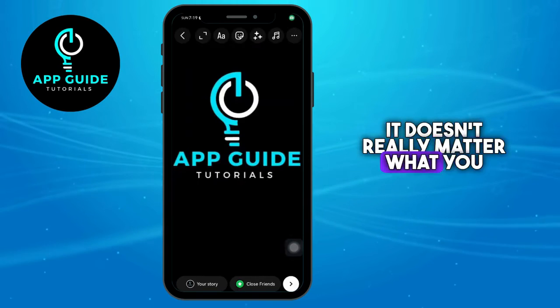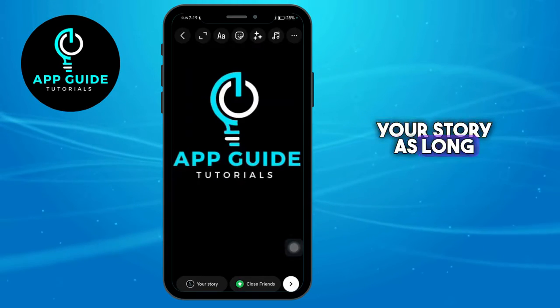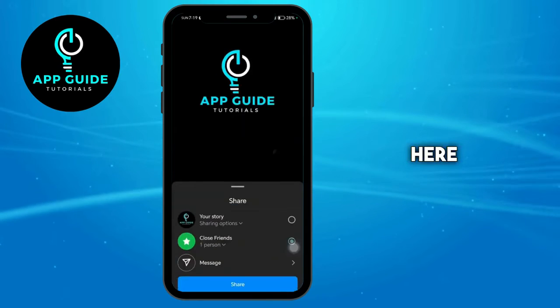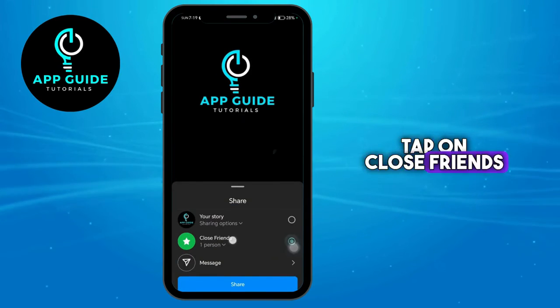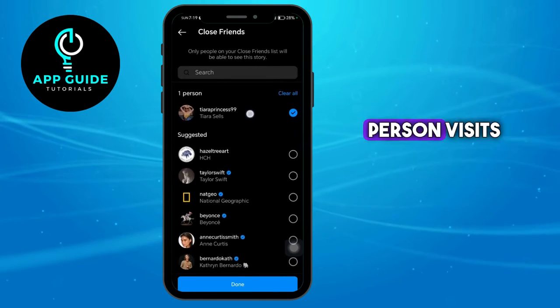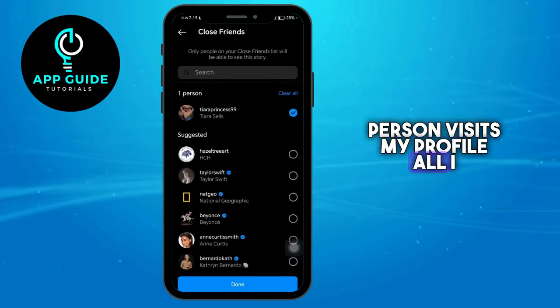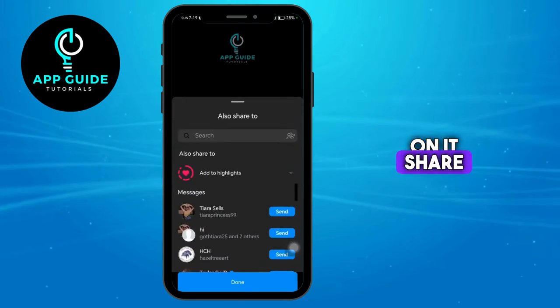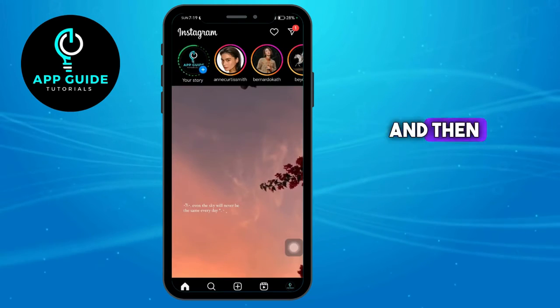It doesn't really matter what you add to your story, as long as you add something to it. And then hit this icon right here. Tap on Close Friends. Let's say I want to check if this person visits my profile. All I have to do is to tap on this person, hit Done, hit Share, and then the next thing